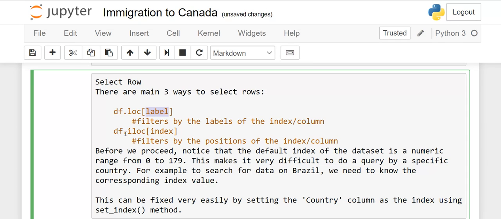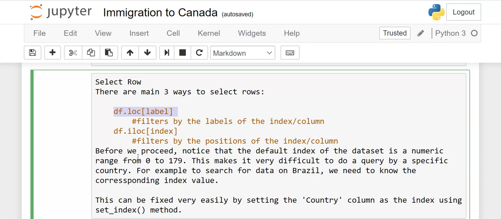If you use data frame dot iloc, then you have to write the index position. Suppose I say Brazil, the index position is 22, so here you have to write 22. But with the label, you can write Brazil. There is no need to check your data frame and find out what the index of Brazil or India or China or Pakistan or whatever is, right? So the first one is much easier to use. I will show you with the help of an example.